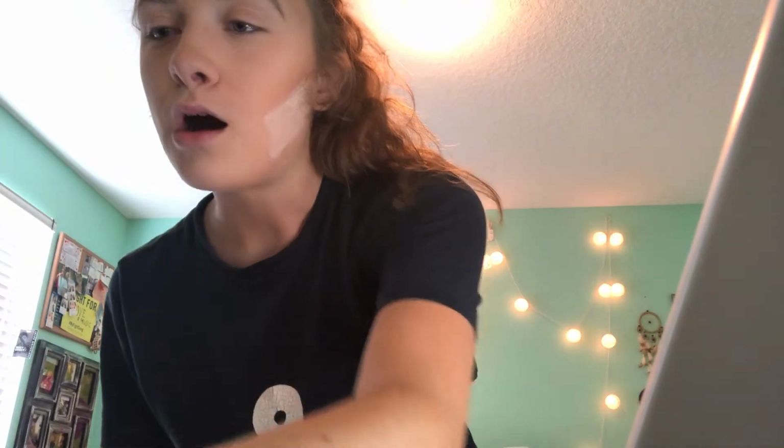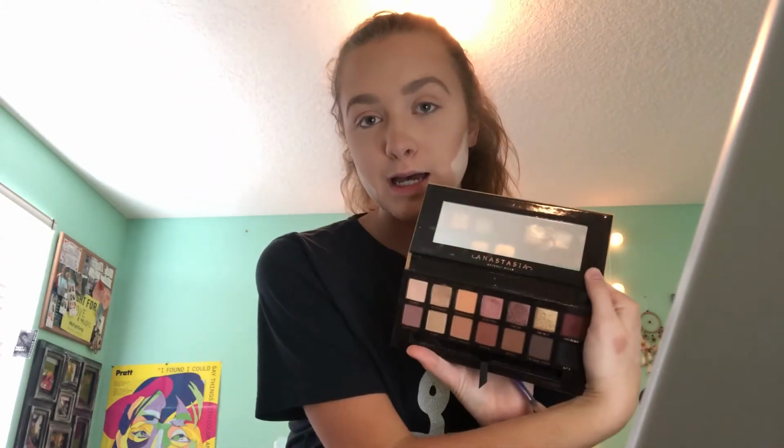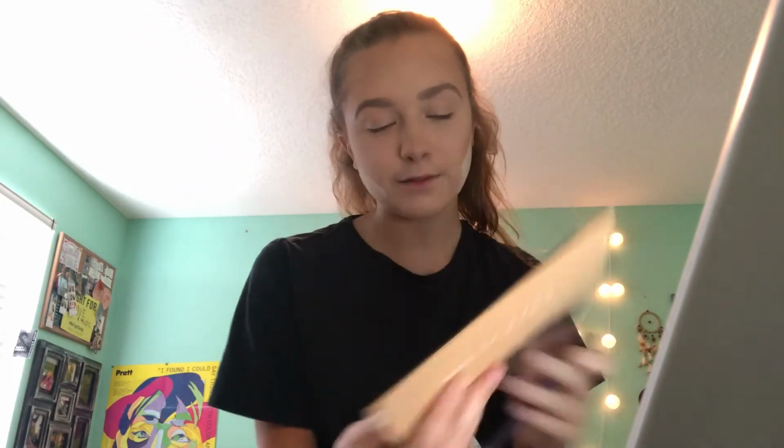And then we're gonna start on the eyes, which I don't even know what I'm doing with the eyes. Okay, like I just said, next up is eyes. So I'm gonna start by taking my Anastasia Beverly Hills Soft Glam palette on a Real Techniques crease shadow brush, and I'm gonna take the shade Tempura, which is that corner shade all the way to that way. I put the KVD concealer over the eye,